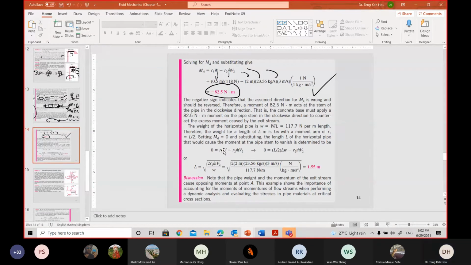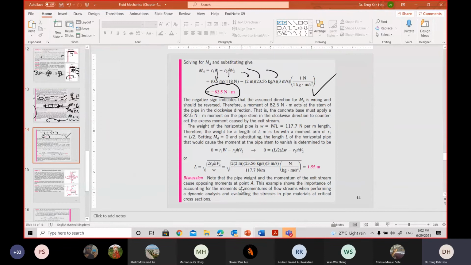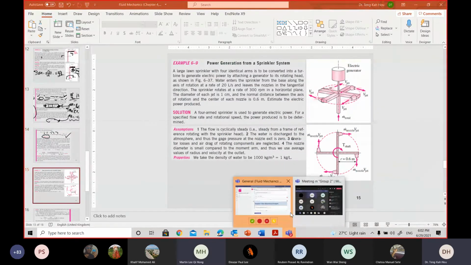And I would say try part B. I just let you know the overall ideas, right? If you can't get through, try part B yourself. I would say it's interesting. Even though the concept is there, you need to make the moment at A equal to 0, and you've got the formulas anyway. So try on that and let me know if you face any difficulty. Okay. Any further questions for this? Yeah.